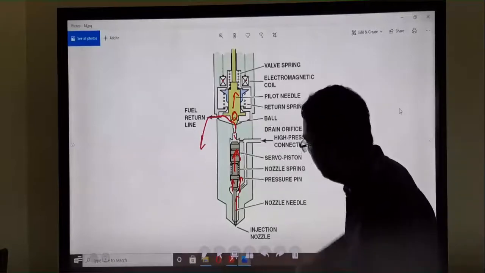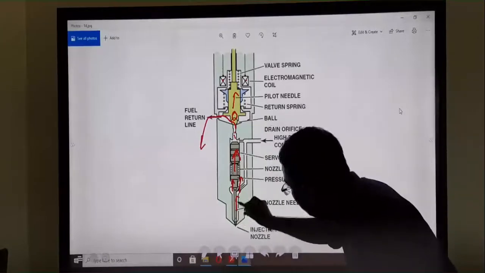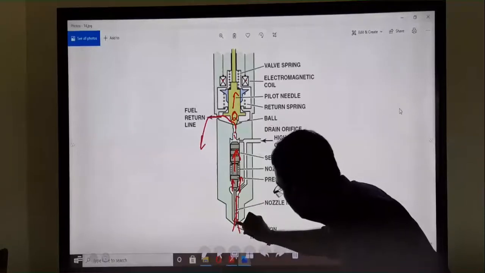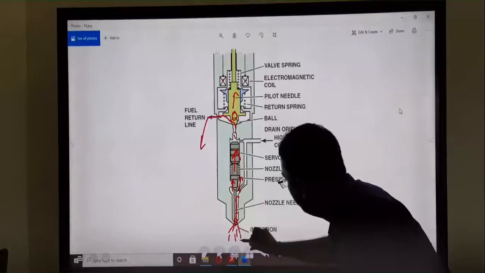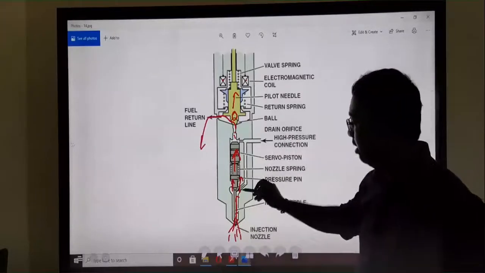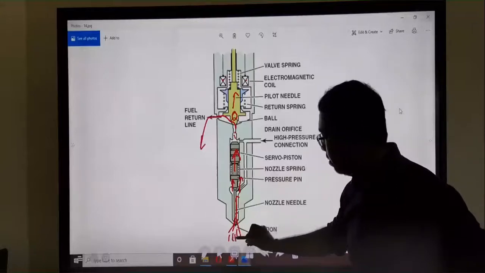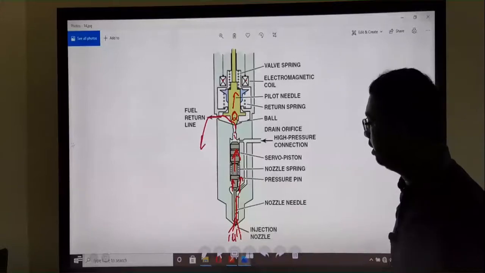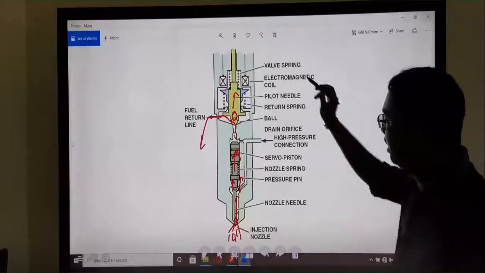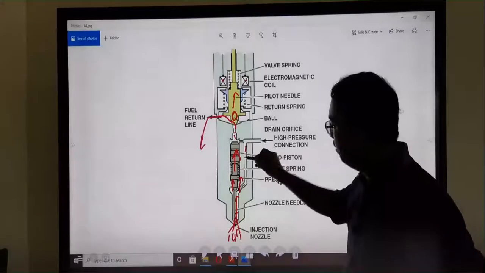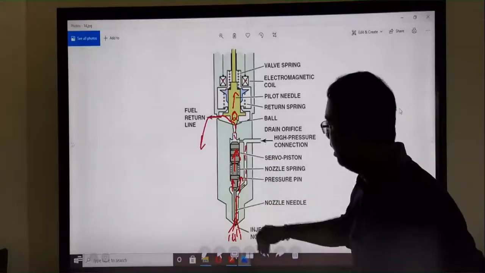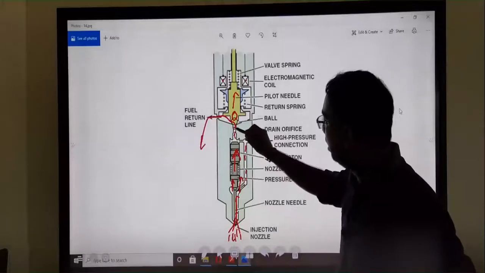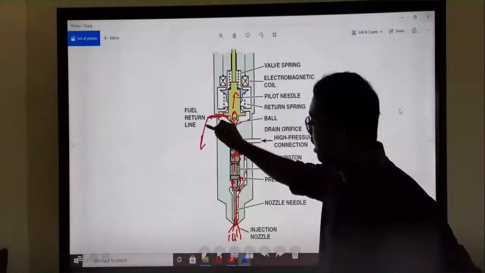When this moves to this side, this nozzle also moves upwards, so we can get a small hole like this, so that the fuel which fills this passage sprays through this small space. Okay. So at the same time when this is energized, the fuel filling this area sprays like this, so that the extra fuel which was filled before here goes through this line to the fuel tank.